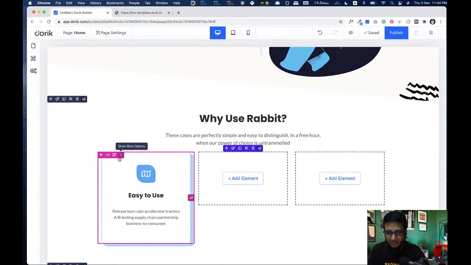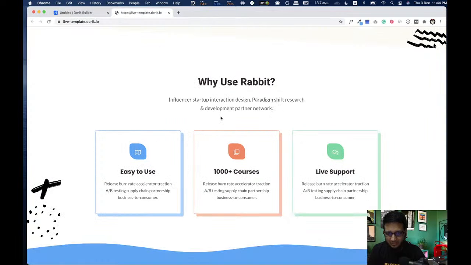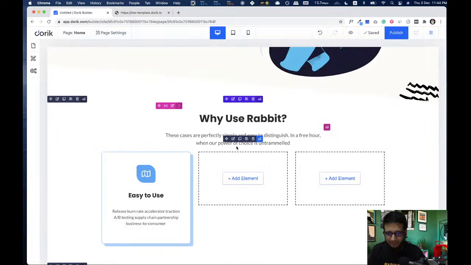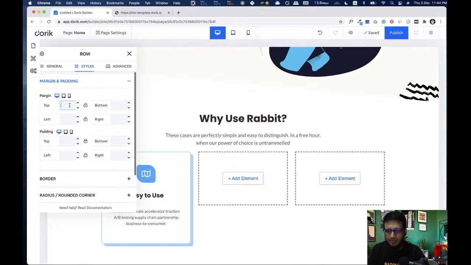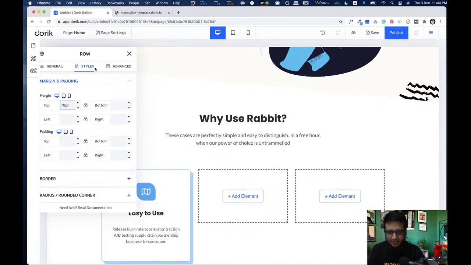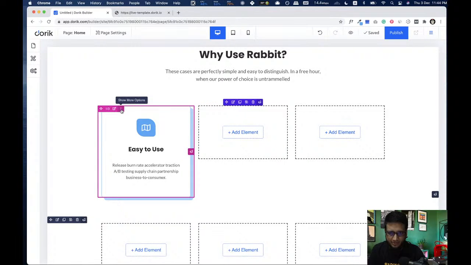Now before going to the next, I'm just gonna create a small gap between this text and these boxes. You can see here. So yeah, I'm gonna give it 70 pixel. That's fine. Now we don't need to build it again here. We can just come to the 3 dots. You can see here in the column is 3 dots, and click here, duplicate.